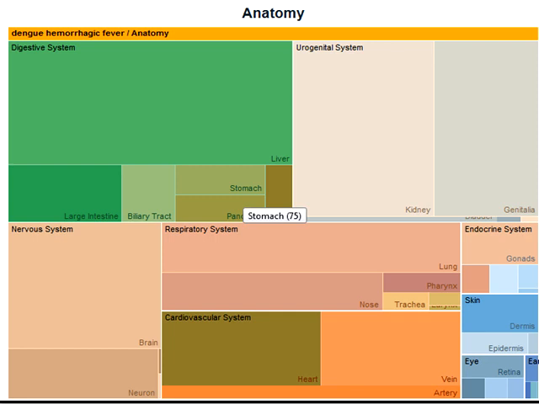When I click, it gives me a lot of information on the liver. It shows that the number of PubMed articles associating hemorrhagic fever, dengue fever, with the liver is more than with the other regions of the digestive system. Similarly, you can see here in the urogenital system, most of the articles are related to the kidney directly, and few articles, compared to the kidney, relate to the genitals. Each larger category in the anatomical system can be further explored by just clicking the button.